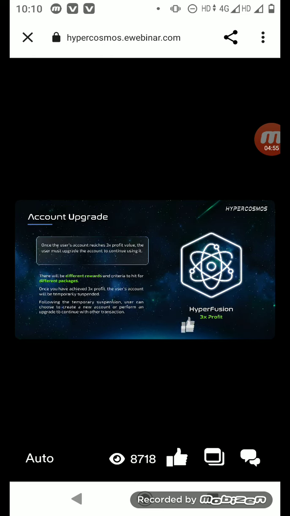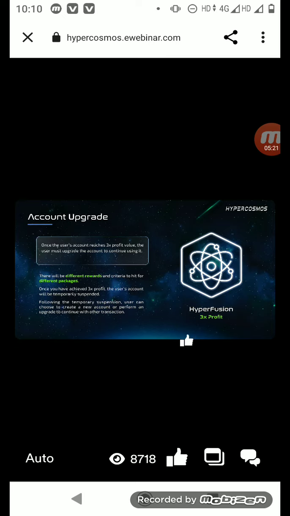Account upgrade. Every pioneer will be rewarded with up to 3 times profit. Every pioneer will earn up to 3 times the amount from their initial deposit. The reward you acquire will triple what you deposit, and once the triple reward has been completely disbursed, the user must upgrade the account to ensure the experiment and exploration can continue without any disruption.